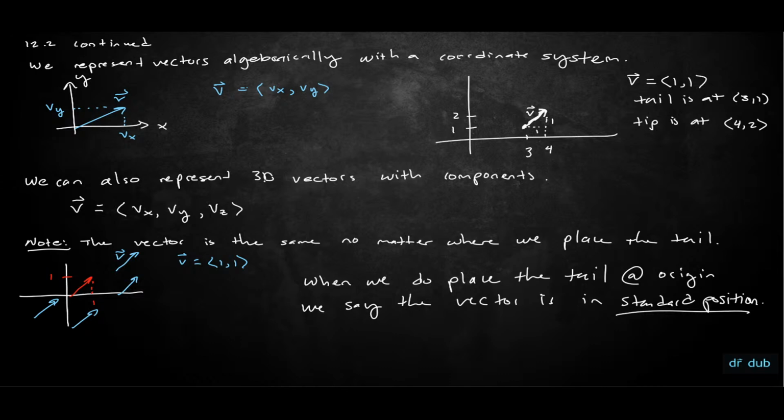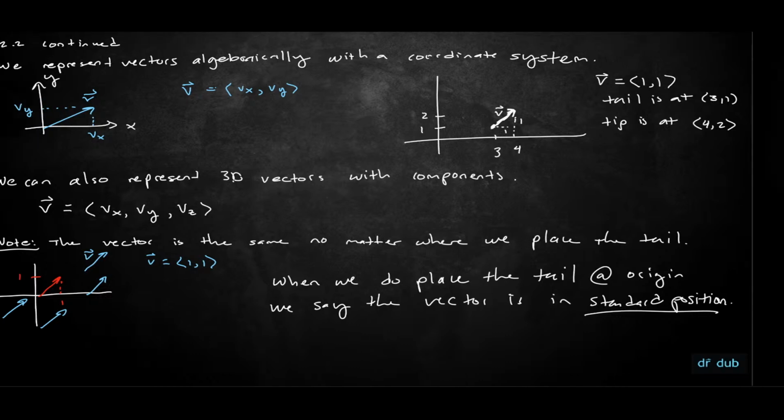So now we can define a vector between 2 points, basically knowing that the tail starts at one point and the tip starts at the other point. I just need to look at the change in x, the change in y, and the change in z. So I can define a vector that goes between 2 points based off our intuition. So definition, given 2 points, A, which is x1, y1, z1, and B, which is x2, y2, z2,